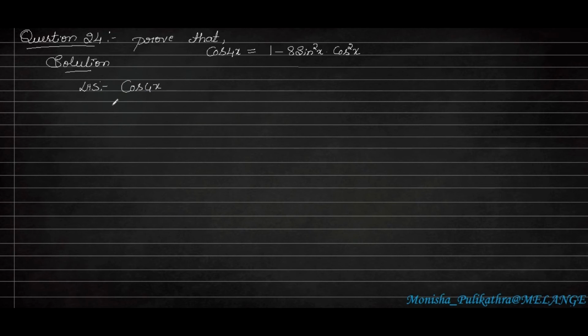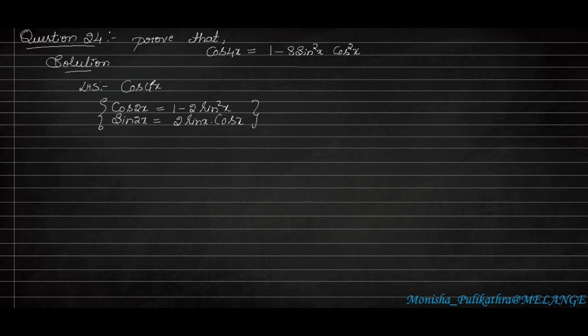There are two formulas we have to remember here. First one is cos 2x or cos 2a. In order to reduce the difficulty, I am using this x variable itself. So cos 2x is equal to 1 minus 2 sin square x, whereas sin 2x is 2 sin x cos x. So these are the two formulas we have to remember.